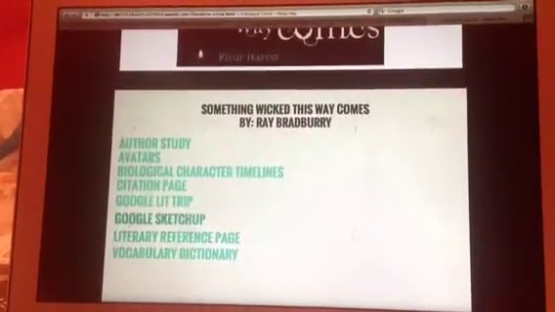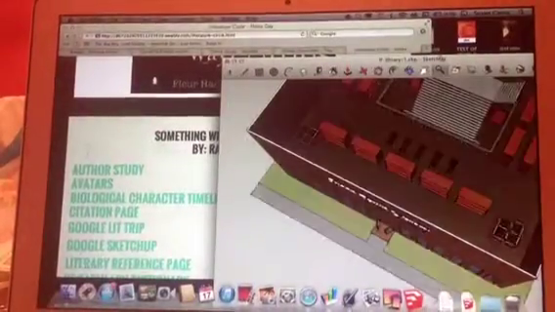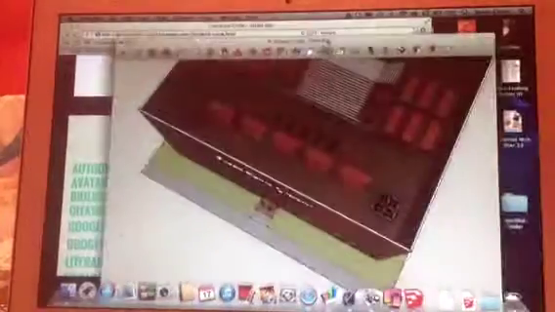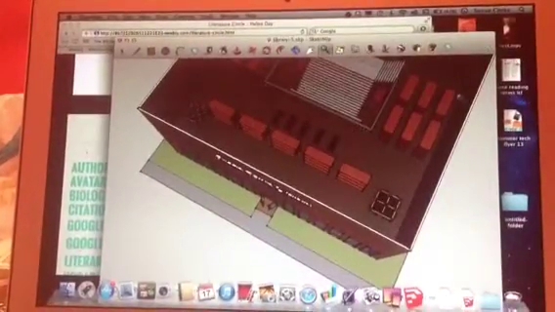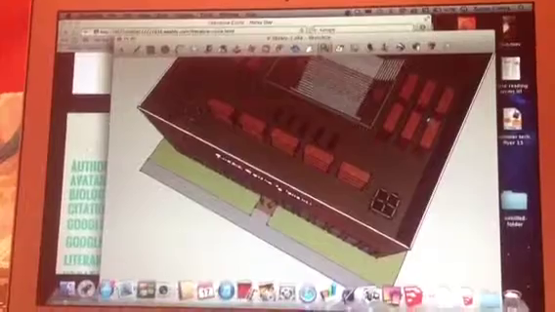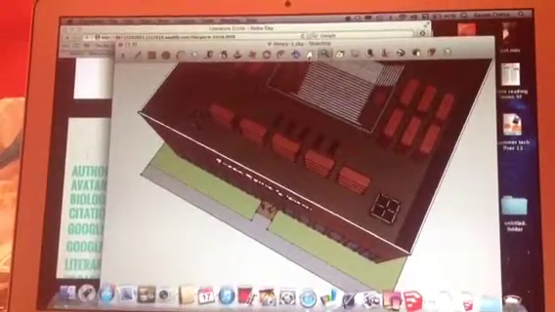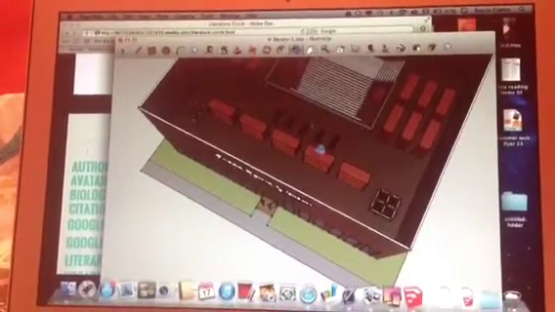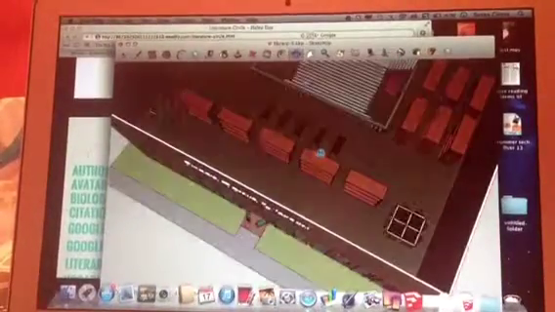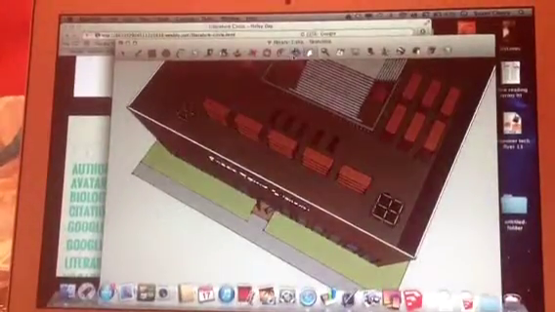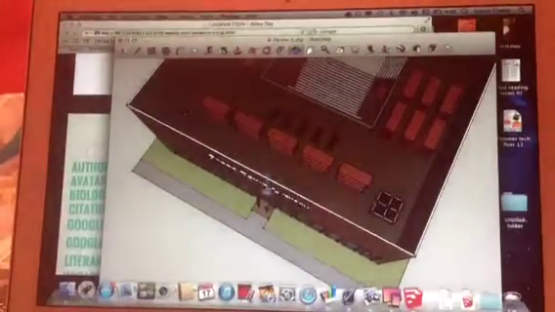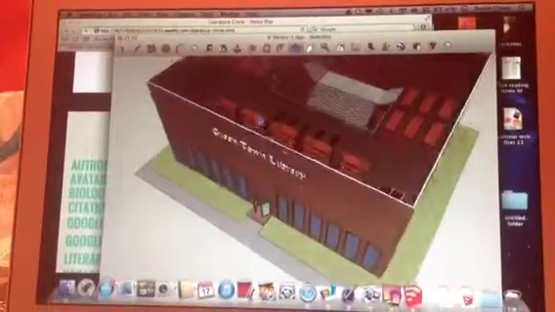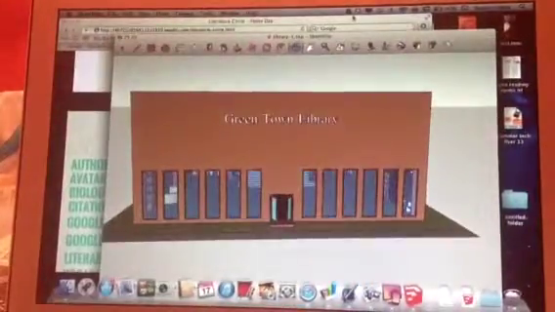But here is the group that used Something Wicked This Way Comes, and they created a Google SketchUp and linked it onto their website. And these are all websites created with Weebly. This was their Google SketchUp, which is pretty cool. It's a 3D version of the library from the movie Something Wicked This Way Comes. And if you look, let's see if I can rotate this. There we go. So here's the Greentown Library,